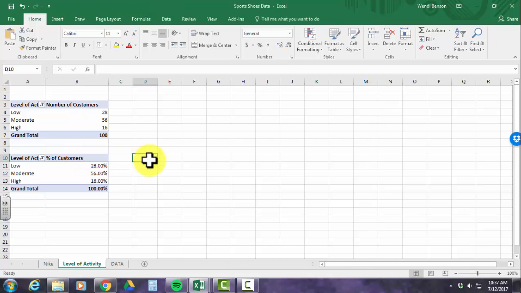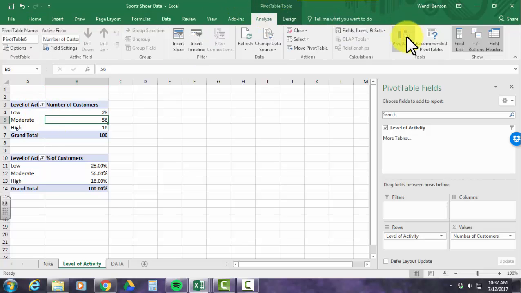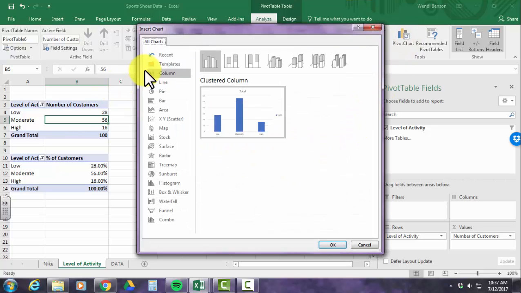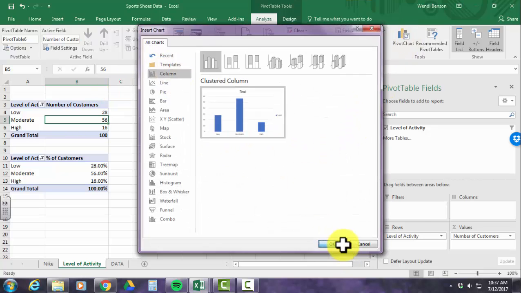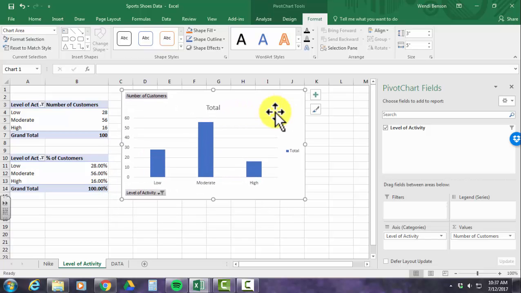Okay, so now let's go ahead and create a bar chart for these frequencies here. So we go here, make sure you click in this table. PivotTable Tools will pop up, click Analyze, PivotChart. Columns is already selected, and then just click OK. And you'll see that as it's supposed to be,